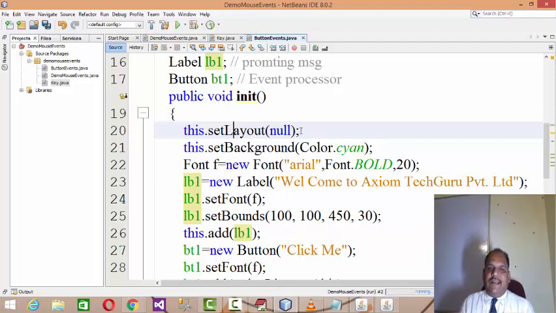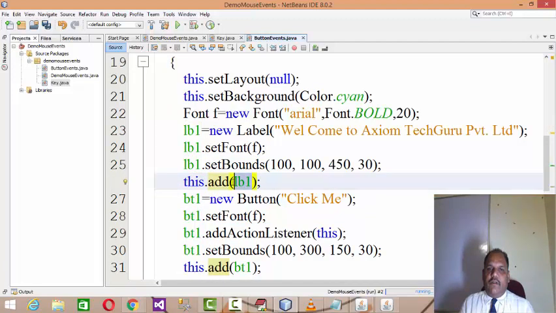That's why this.setLayout(null). It sets the background color to something. For the font, I use Font F equal to new Font Arial, bold, 20. Then label equal to new Label. As I said, the label is used for prompting a message. It will prompt "Welcome to Axiom Tech Guru Private Limited". It sets the font to F and sets the bounds. setBounds takes the X, Y, width and height. So at that specific position of the applet window, this.add adds that particular label.